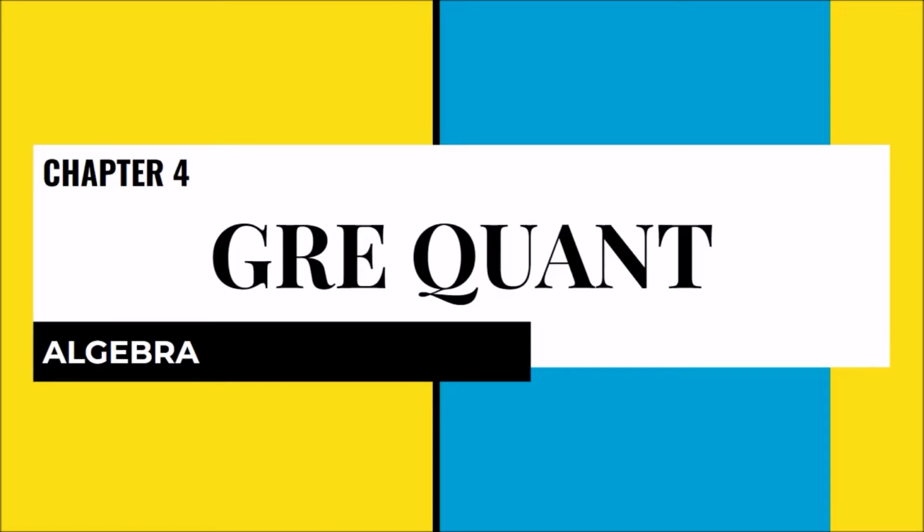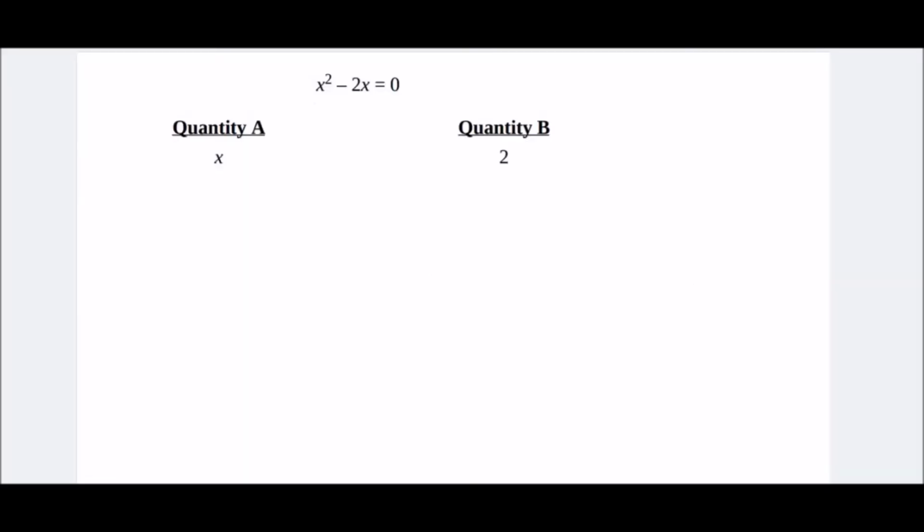Now move on to the question. So here is our first question, that is x square minus 2x equal to 0. For quantity A we have to find out the x value, and for quantity B, 2 is given here. So from the given equation we find out the x value, that is x square minus 2x is equal to 0. So by taking x common,